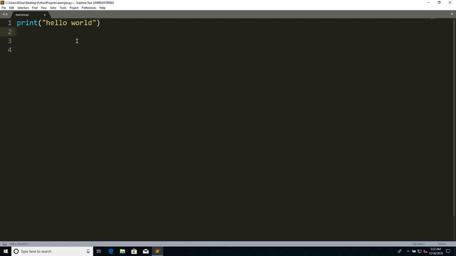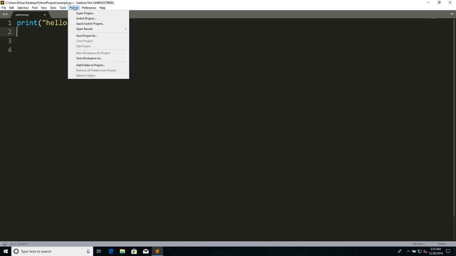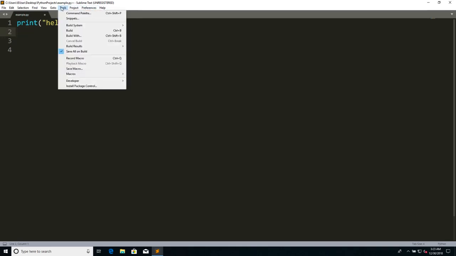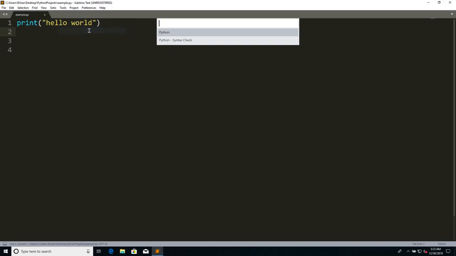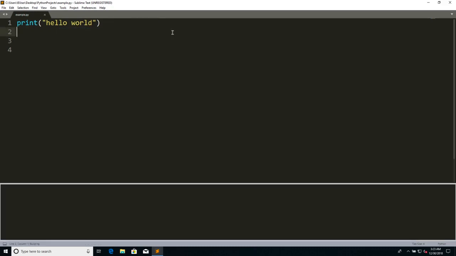We did that in the Jupyter Notebook while we were learning Python fundamentals, but here we write the code and then execute it. Like here, go to Tools, for example, and you will see some options here like Build. Now if I build here, it will build the code that I have written and display the output for me. So let me click on that and select Python from here, and as you can see, we got the output